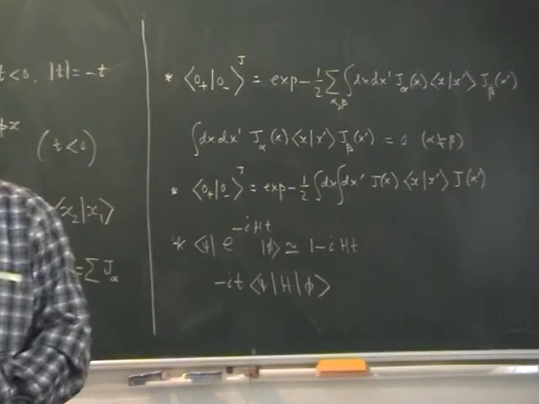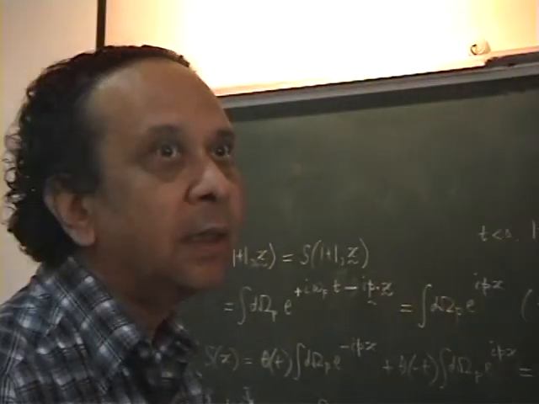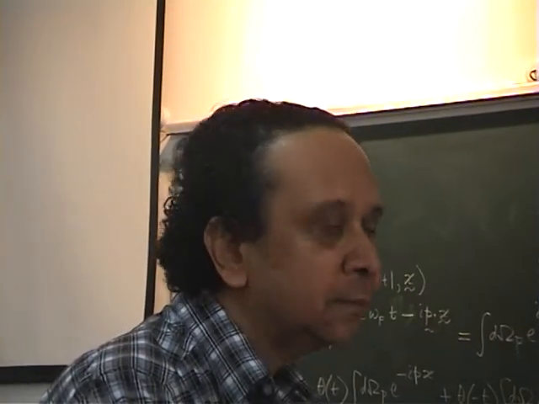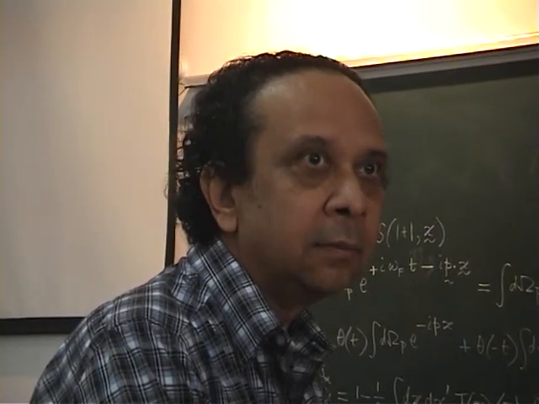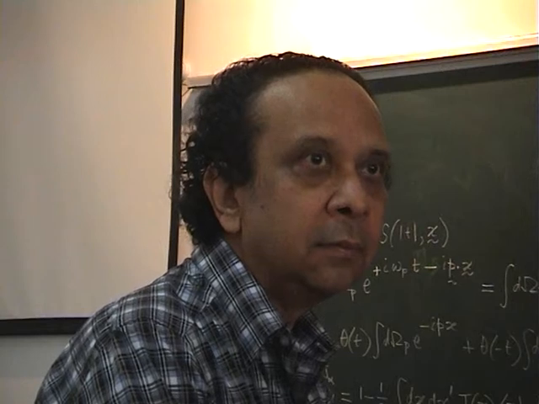Okay, so let me just get this straight. So suppose that the way I was turning on a source was to change one of the parameters of my circuit. Like earlier you were saying that you could have a harmonic oscillator with time dependent frequency. In that case, I understand that if omega in the asymptotic past is not the same as omega in the future, then the two vacua are different. Right. But if I'm just putting some classical source, I just turn it on and turn it off, then what does it mean? No,